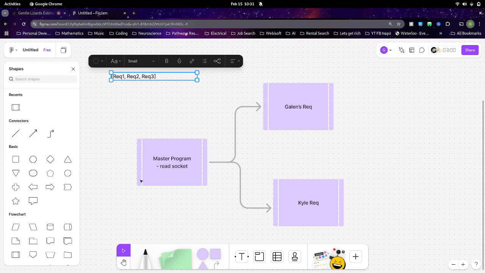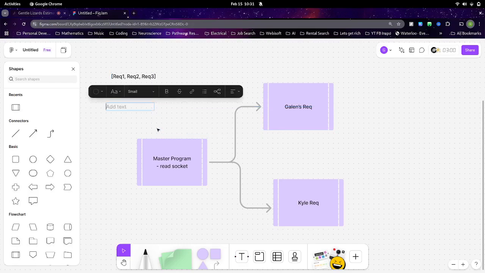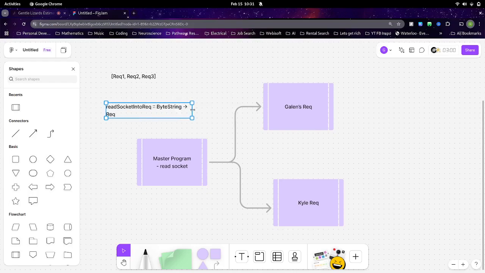We've read the sockets, we've taken the bytes, we have some function here, read socket into rec, and this is going to take a byte string, which is just the information contained in the file, and it is going to give us back a request. And that has nothing to do with concurrency or parallelism here. We're just saying how to read a socket into a request.